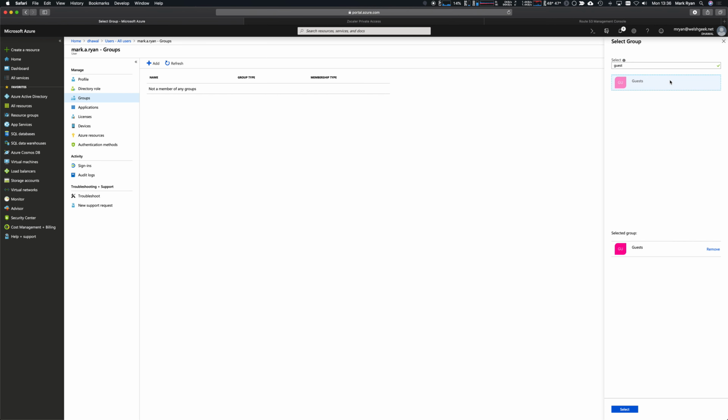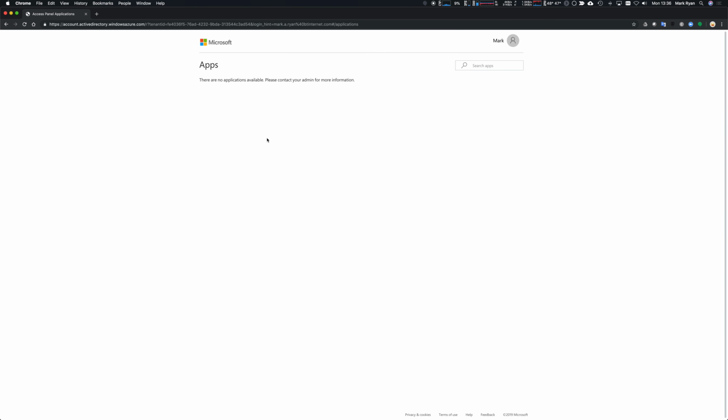Because we want to apply a policy on that later on, we'll click select on that. The user is all federated in. Hopefully there we can see all of that, and away we go. So guest access is provided, and so what I can do now is come up to my